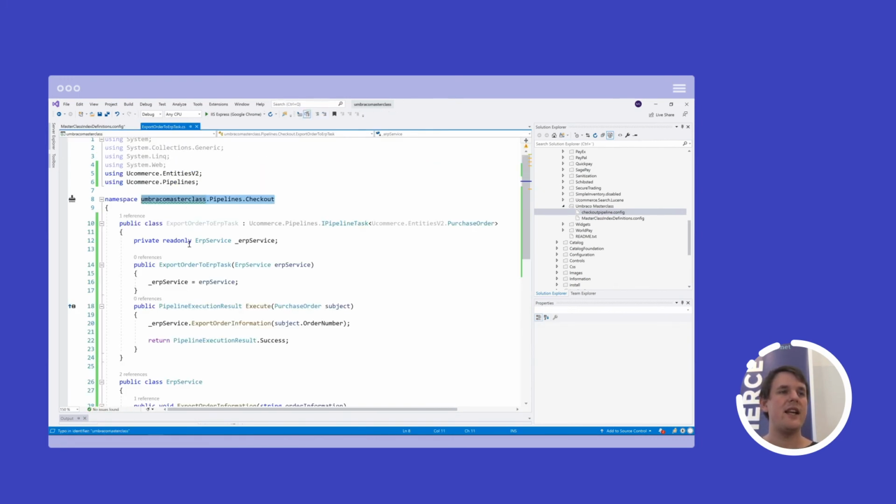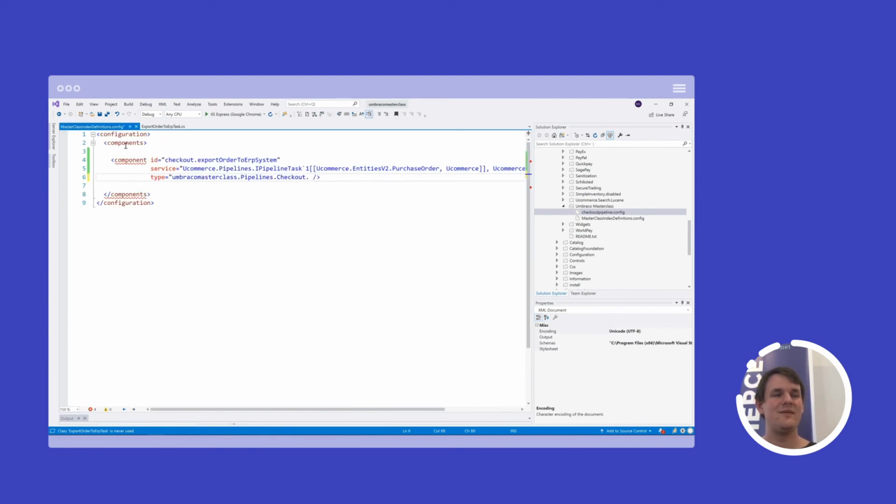And the type name is the class. And it lives in the assembly simply called Umbraco masterclass in this case.